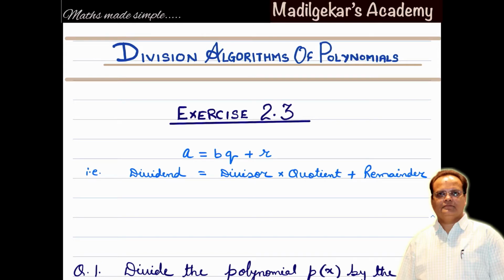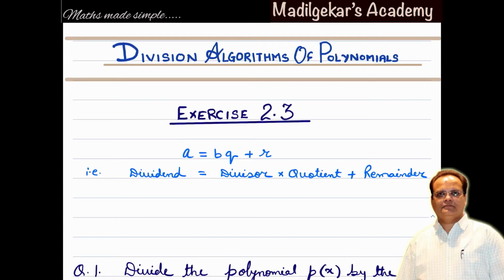Today we'll discuss the third exercise of polynomials, that is the division algorithm of polynomials. Recall, we have studied the division algorithm in real numbers, in the first chapter. It was a equals bq plus r, where a is the dividend, b is the divisor, q is the quotient and r